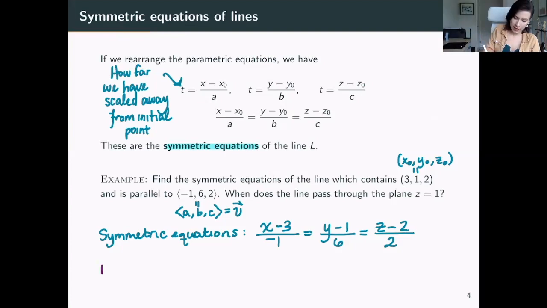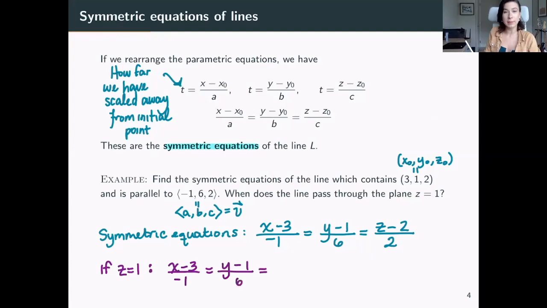So if we have z equal to 1, this means that (x - 3) over -1 equals (y - 1) over 6, which is going to be equal to, my z is equal to 1, so I would end up getting